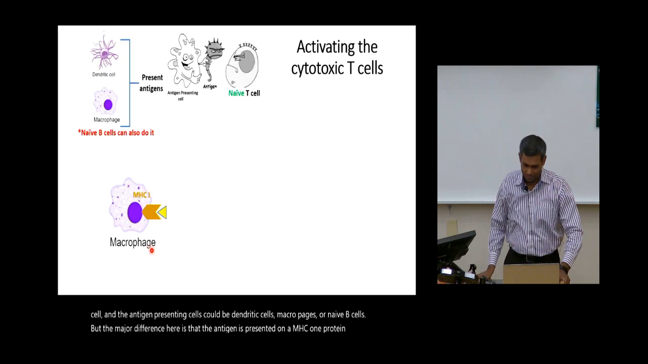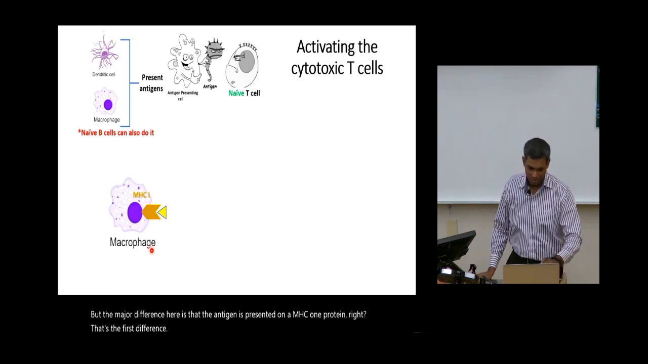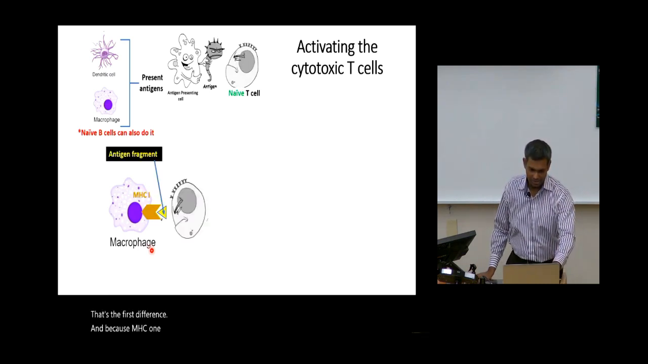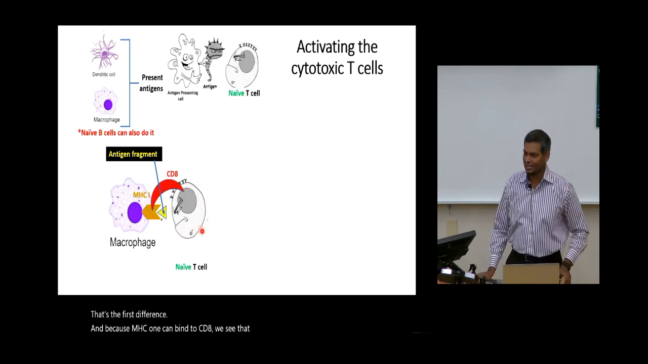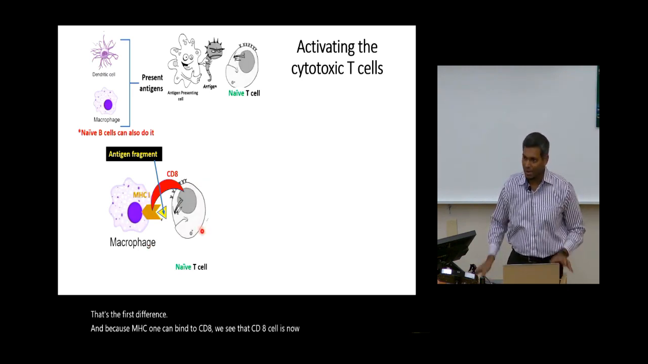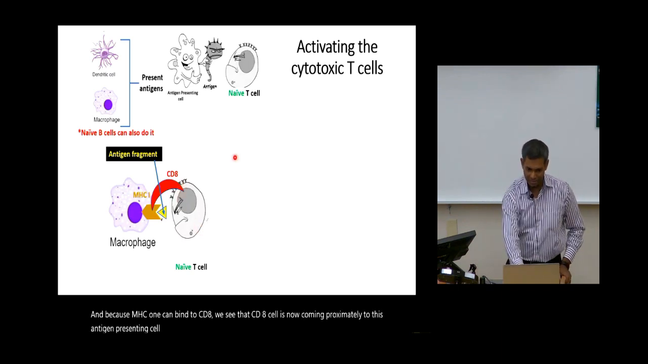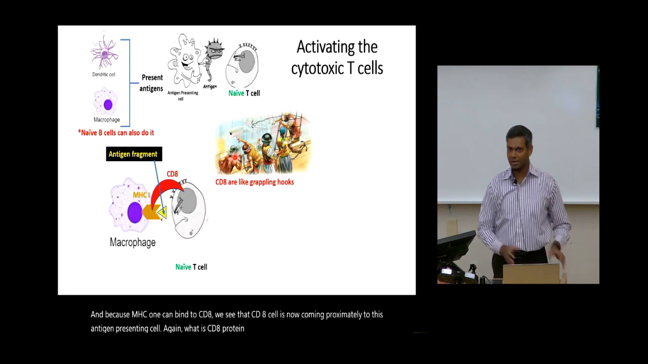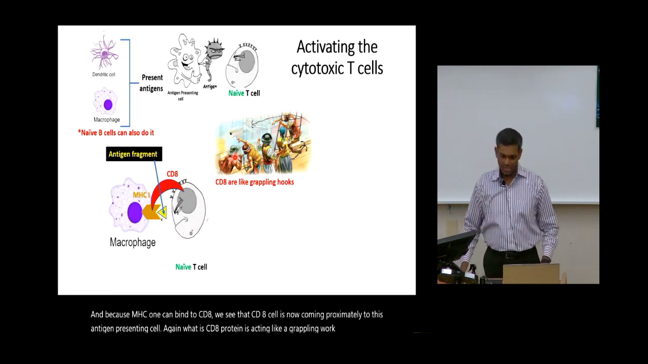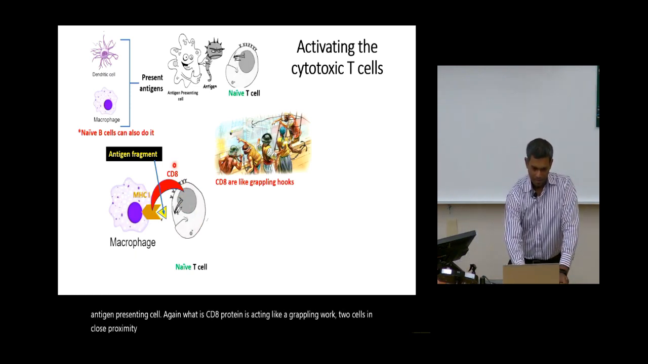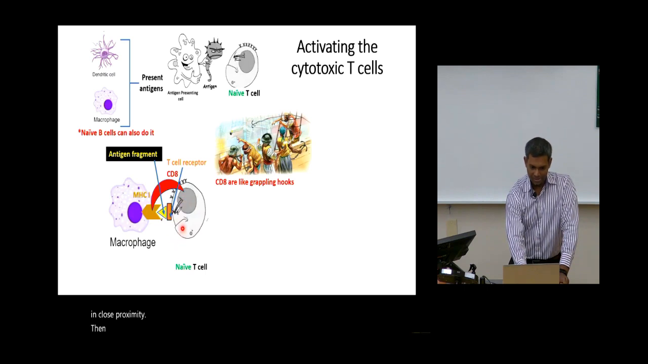That's the first difference. And because MHC1 can bind to CD8, we see that a CD8 cell has now come in proximity to this antigen presenting cell. Again, notice CD8 protein is acting like a grappling hook, bringing those two cells in close proximity. Then there will be this T cell receptor interacting with the antigen, where you have antigen recognition,